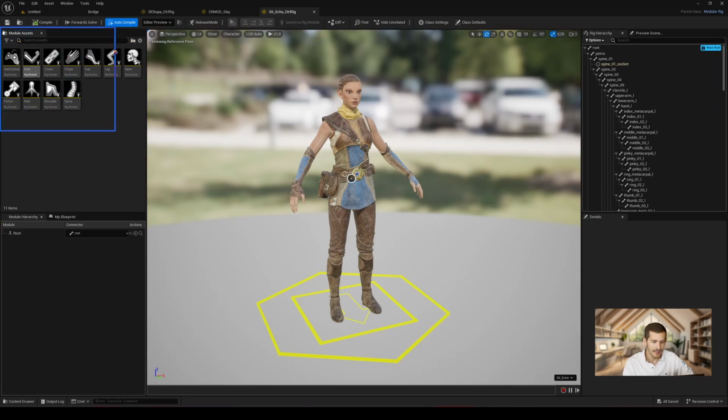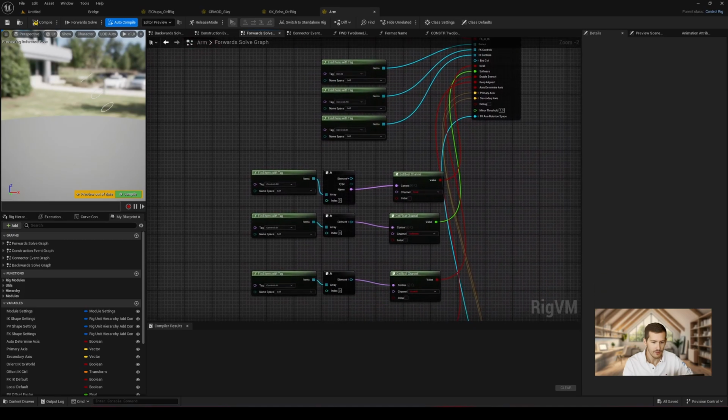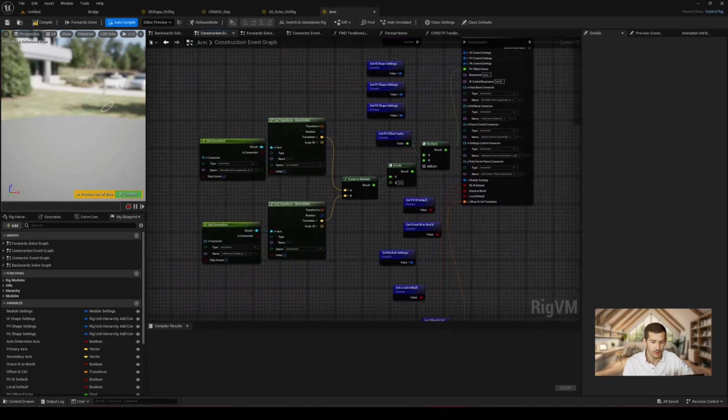These modules are like template assets containing logic and pieces of code found in a traditional control rig system. Here Epic gives us 11 assets ready to be used. If you right-click on one of the modules, then select Browse to Assets, you can access their location. Let's open a module here, and as you can see, we find our traditional control rig graph.